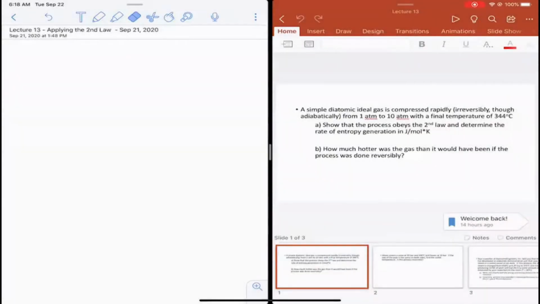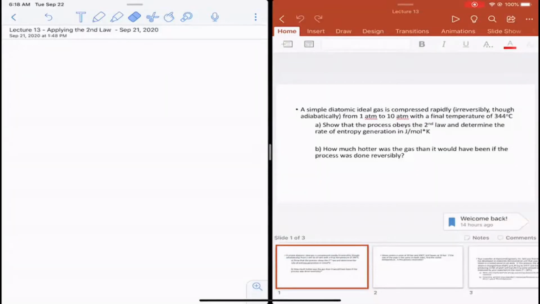In our previous lecture, we introduced the second law of thermodynamics for both open and closed systems, and we solved a couple of very simple examples. And now in this lecture, we're going to step it up just a little bit and apply the second law to a couple, or at least one system that we've already looked at before, and then a couple of new systems, and to see if we can learn a little bit more about approaching problems that involve entropy and entropy